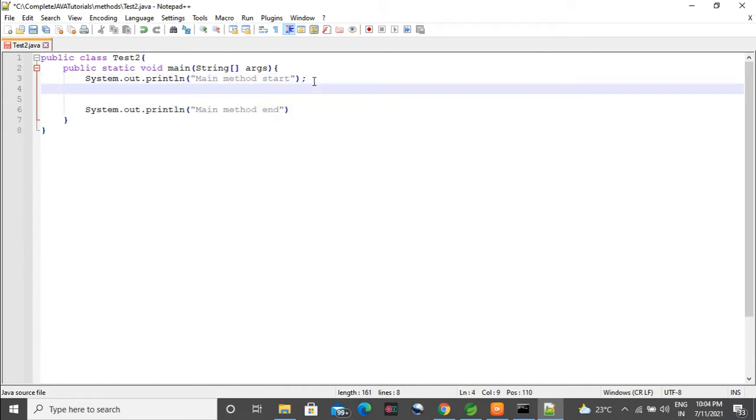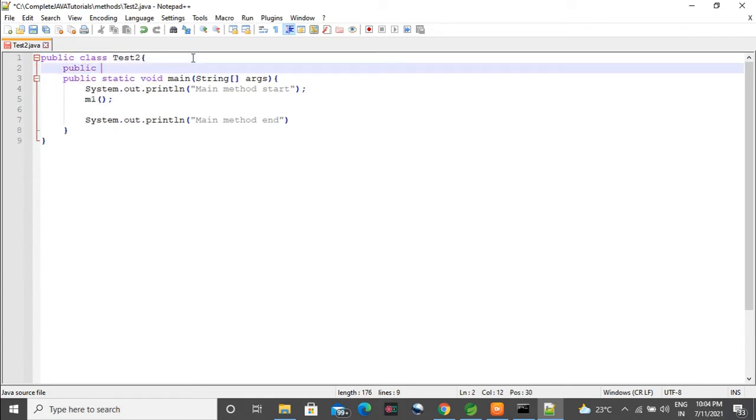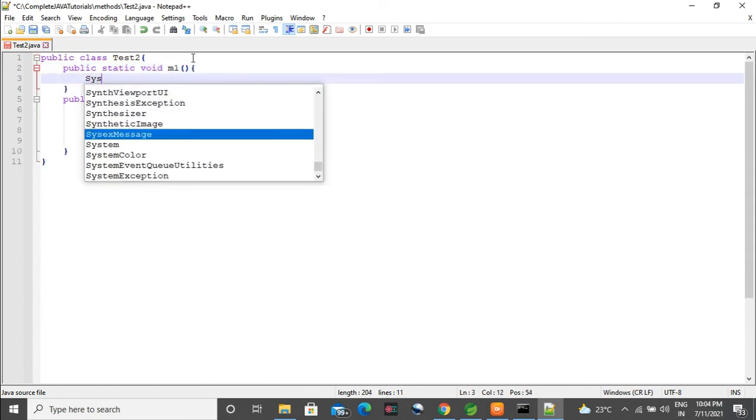Okay, why am I doing all these things? Because here we cannot debug the code. Okay, means we can do the debug in Notepad++ also, but it is a very tedious task. When we go with an IDE, at that time I'll tell you what is the use of this one.